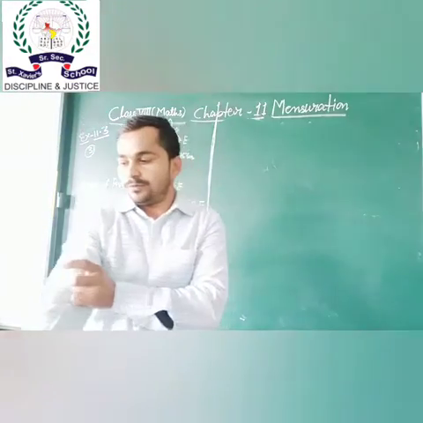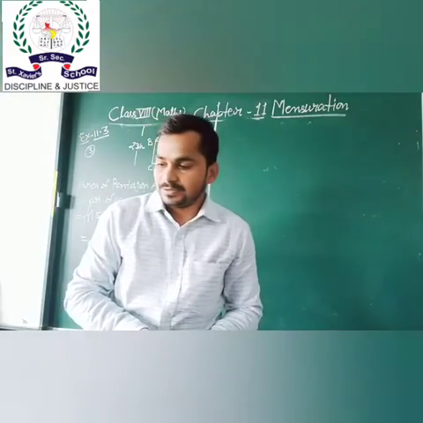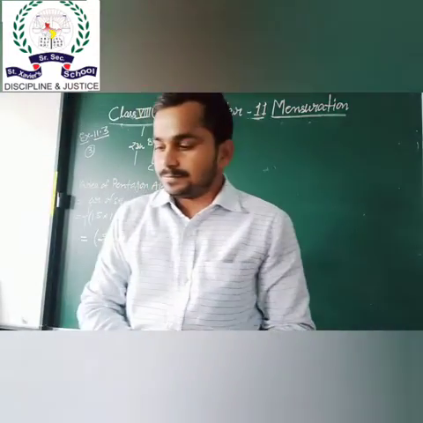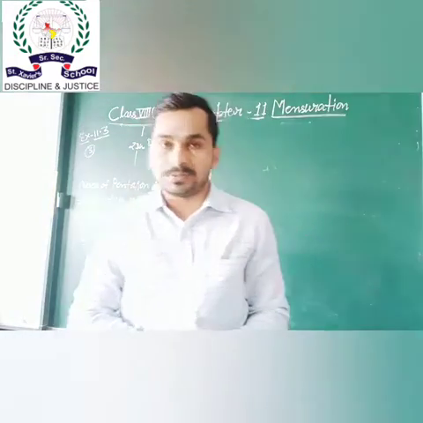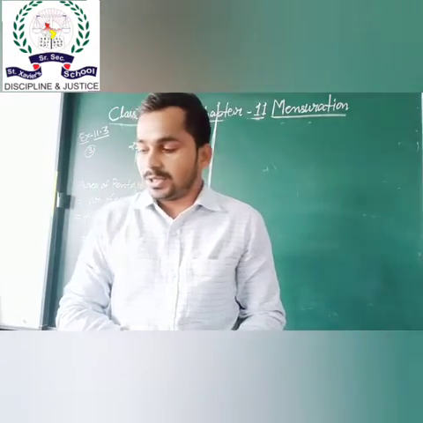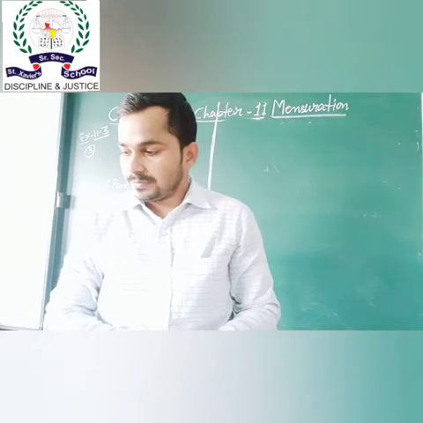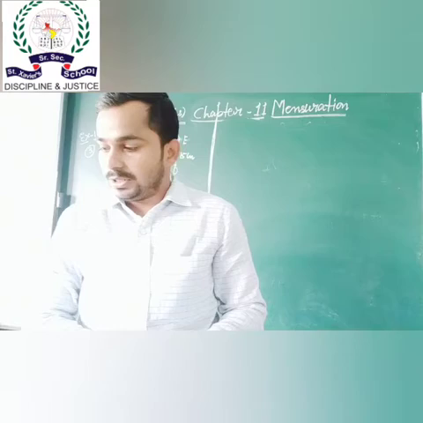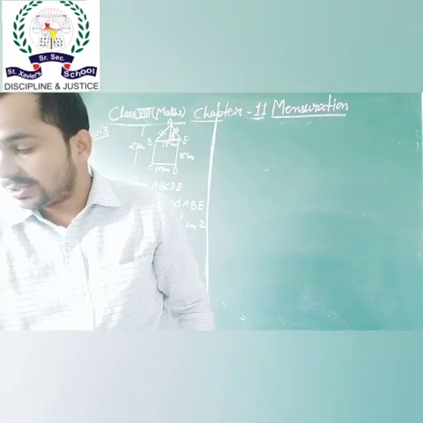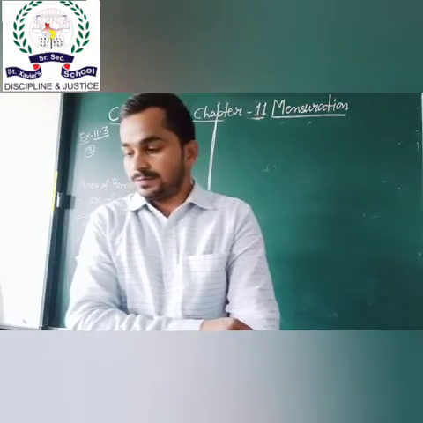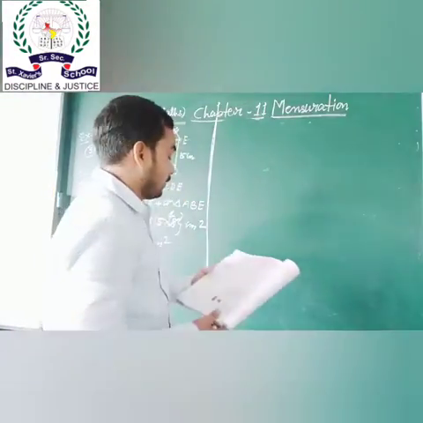Now question number 4: find the area enclosed by each of the following figures. So part A, in the upper portion a square is given of side 4 by 4. In the lower portion a trapezium is given. Total length is 10 and this is 4. So the height, the distance between them, is 6 centimeter. So solve this question by yourself.